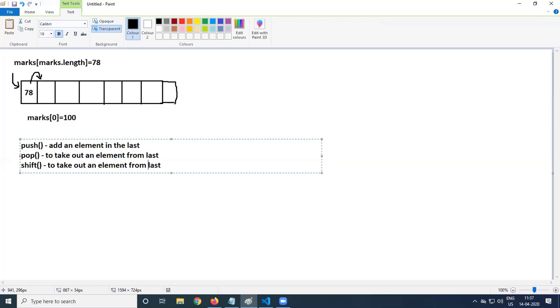Shift from starting location. And if you want to add an element, what is the function? We use unshift. Unshift to add an element in the start. So we want to add an element in the start. So that is what unshift we talk about. So 4 methods: push, pop, shift, and unshift.